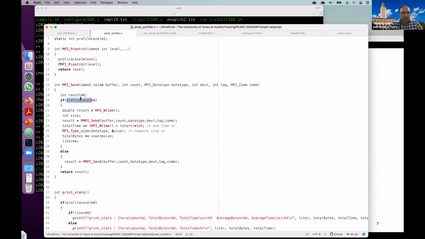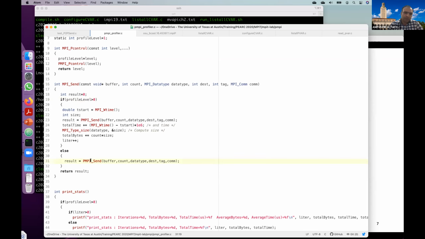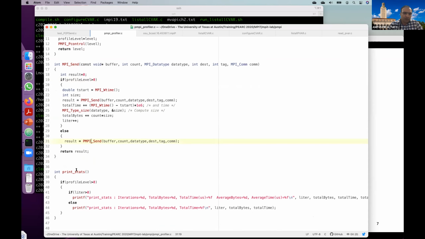Otherwise, we just call the PMPI send function. At the end, we can print out the statistics, which is how many iterations were called, how much volume of data was transmitted, and the total time taken by all the MPI sends. We can also print out the average bytes and average time recorded. So this is how a profiling function can be written.